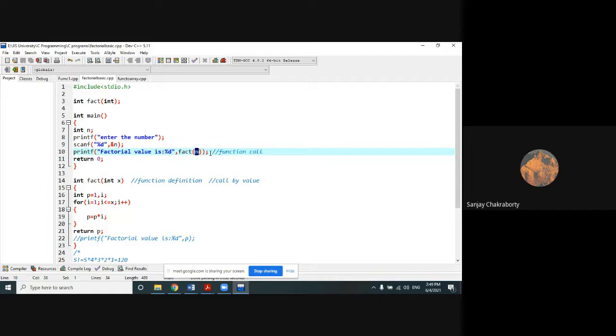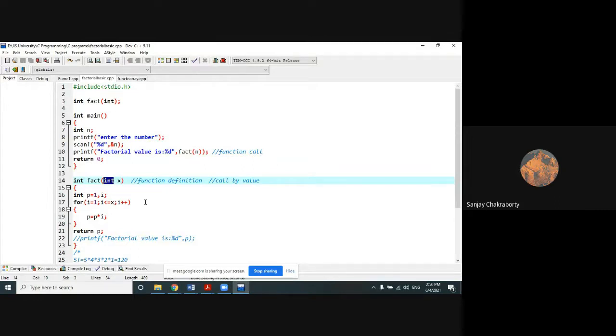So n here is working like a variable, but actually within this variable, what we are passing? We are passing values, right? So whatever the variable is, the value is actually passing through n as well as through x. That's why two different variable names do not create any problem during the execution of the function. But one thing you should remember, their type should be similar. You cannot change the type. If you change the type, then it will give error, because you are passing an integer value from here and receiving through a float data type.